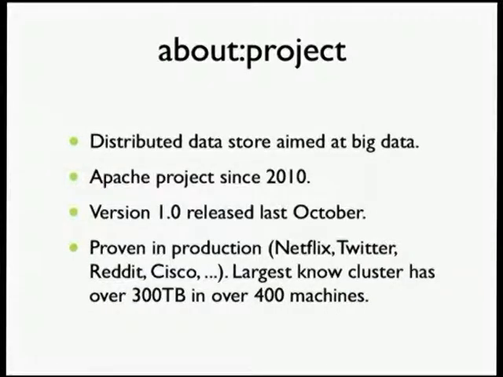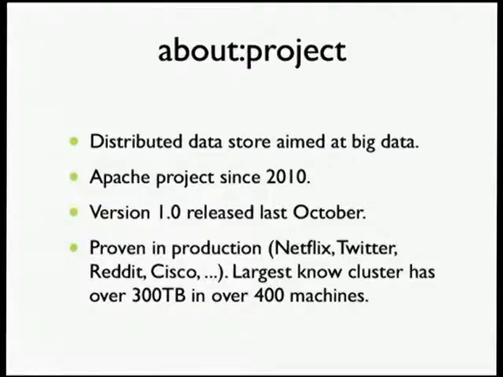So Apache Cassandra is a distributed data store, and it was created to handle large amounts of data. That's its goal. It's an Apache project, so it's an open source project. It's been an Apache project for 2 years, since February 2010. Before that, it was in the Apache incubator, but it's been a top-level project for 2 years. And actually, last October, we released version 1 of Cassandra,